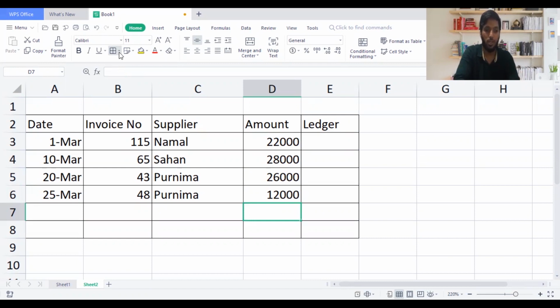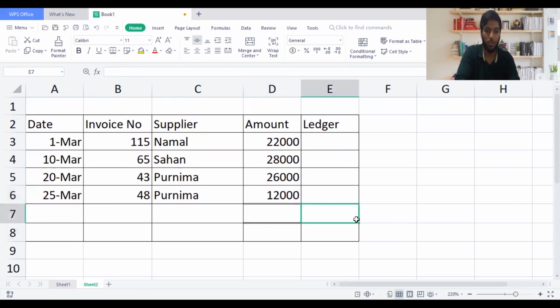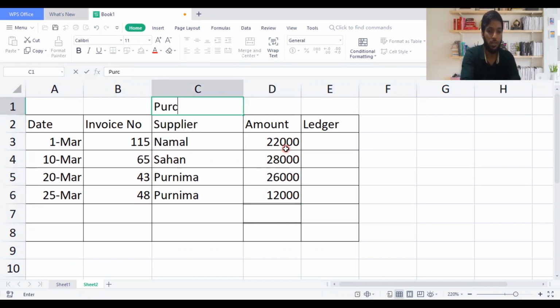Anyway, moving on to the sum, I'm going to draw a border. Two lines is more than enough. You can see these two lines I have put, visible. So I'm going to take the total of this and transfer it. Now, where do we transfer this type of amount? This is where students have a confusion. This entire amount should be transferred to one particular account. That account is what we call the purchase account, because this is the purchase journal which I am preparing. So I'm going to transfer this value from the purchase journal to the purchase account.